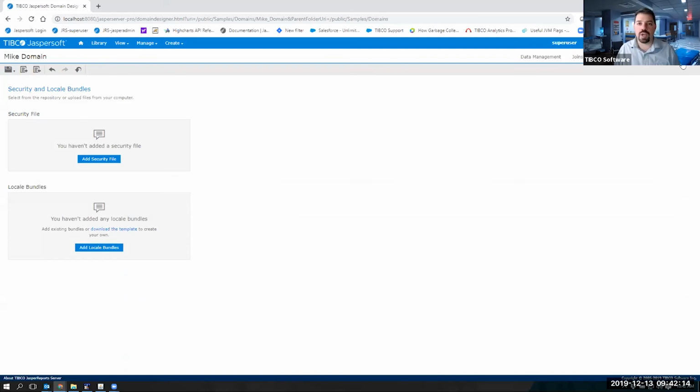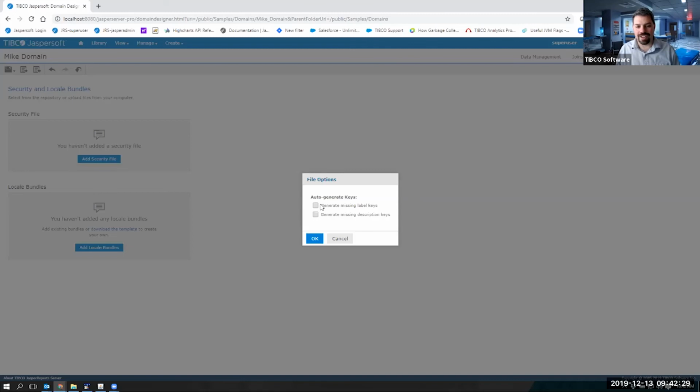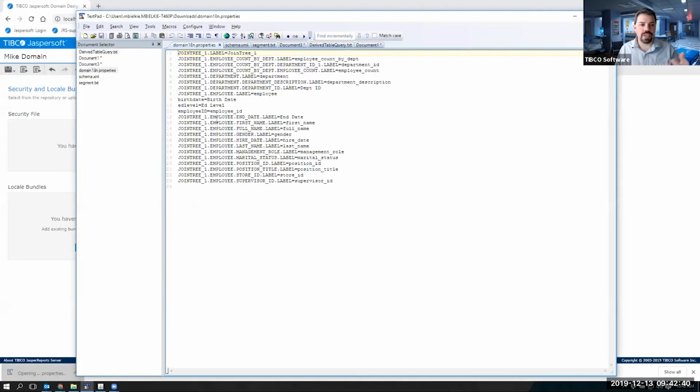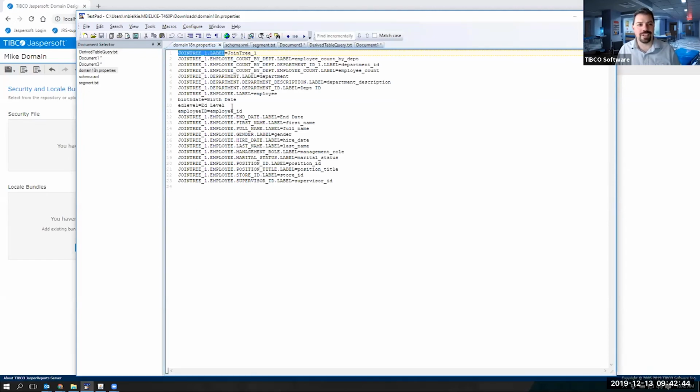And if you look at this options tab here, this is where you add the locale bundle. So you can add your bundles here, and the bundles are basically one file for each language that you want to translate to. We do give you the ability to download a template. I only had like 3 keys I added in there. I can say, go ahead and give me the missing label keys here. So now I've got this file, and here's my key file with all of the values, but you can see how ugly the keys come out.